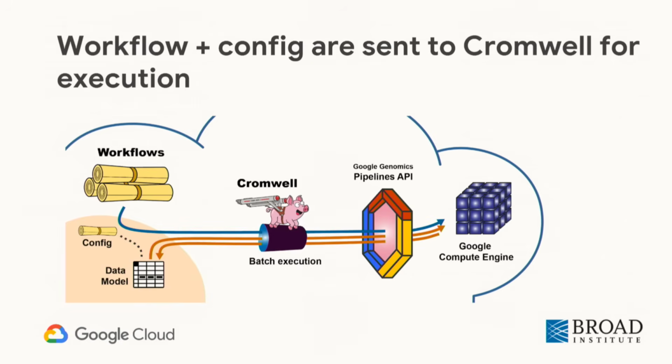So you have your workflow, you have your data definition, and you're going to launch one of these workflows on your data. That's going to be handed off on the back end to Cromwell, which is the execution engine. And Cromwell is going to take care of everything for you. It's going to execute your workflow, talk to the pipelines API, which Jonathan talked about, run your workflow on the Google Compute Engine, and then write back the outputs to your workspace data bucket. So that's how you run a pipeline